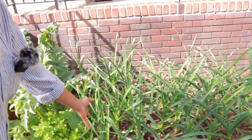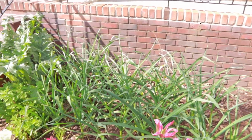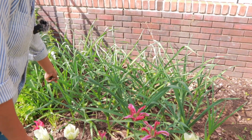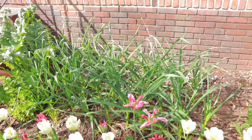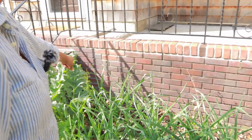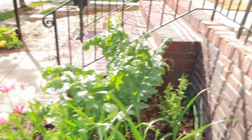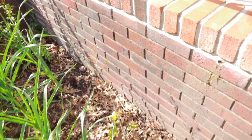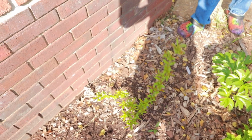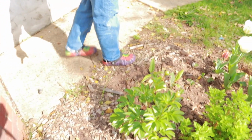I had a lot of garlic last year and I didn't plan out well where I would put them. I didn't realize that I would have space. So I popped these garlics in the front. This is the Music variety. And then I have 3 pomegranates, a Russian, the Sweet in the middle, and I forgot the variety over here at the end. And then in between, I planted the That's Love,